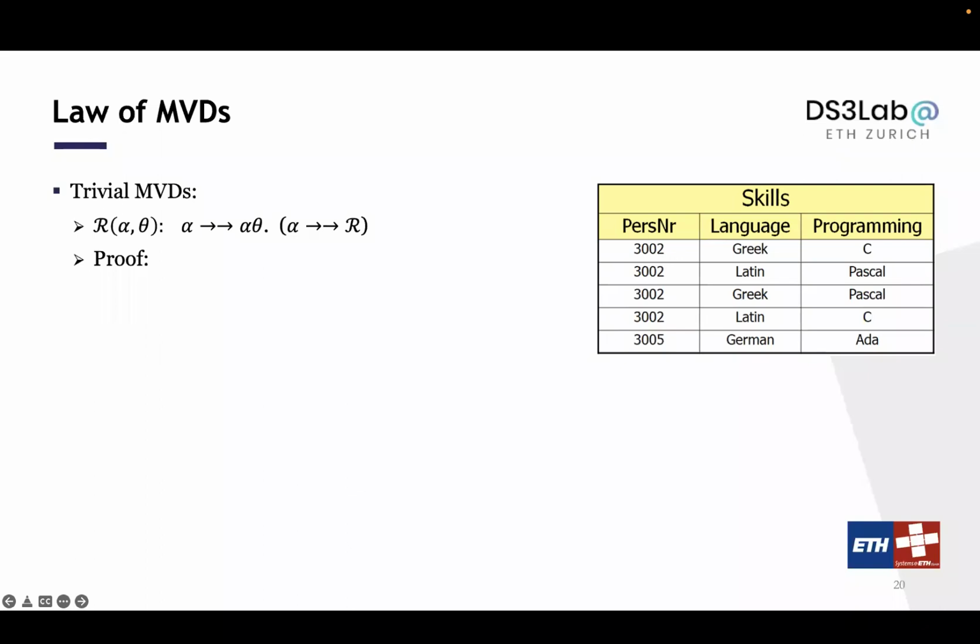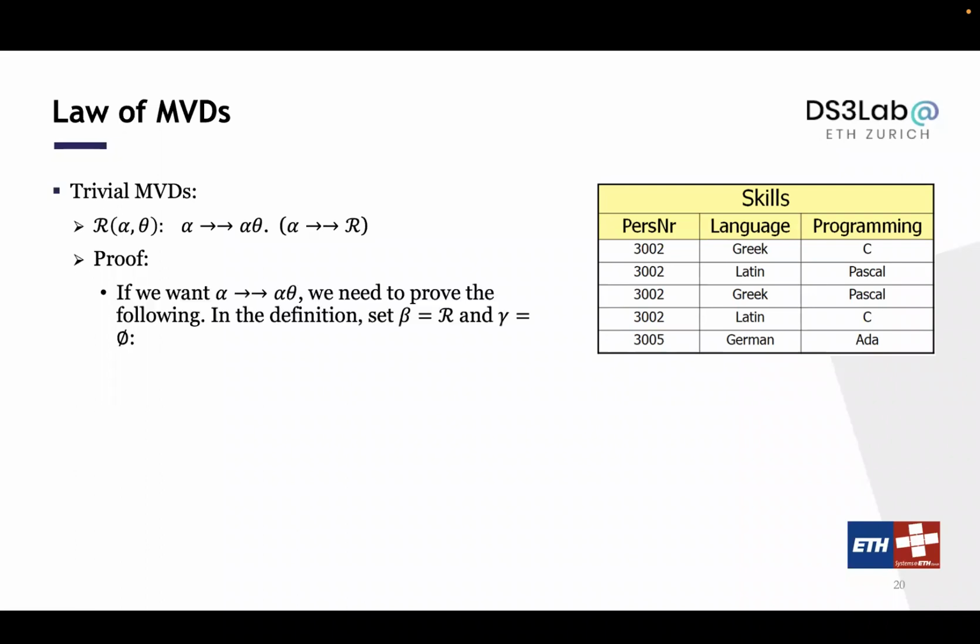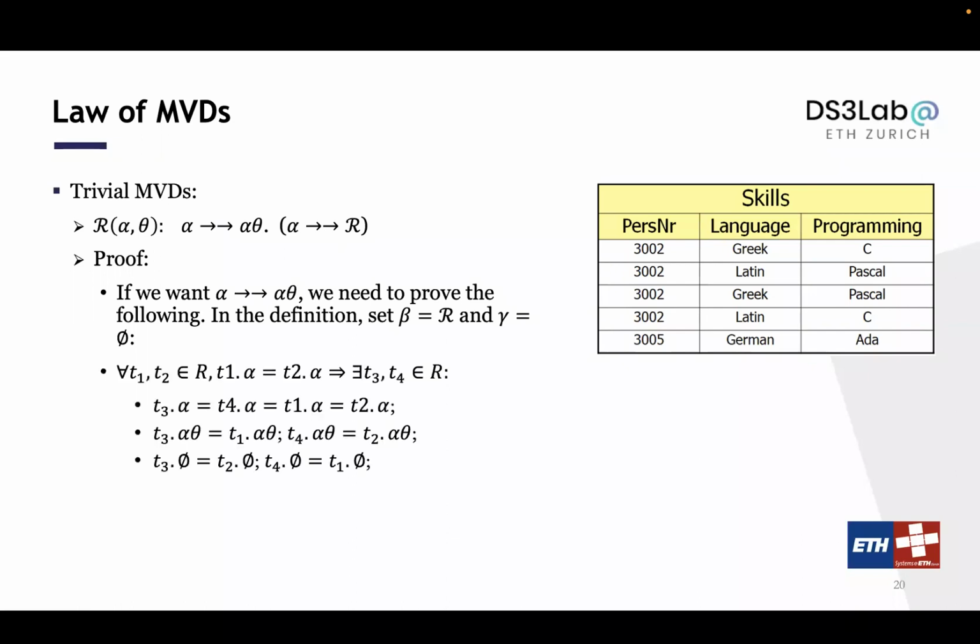Similar to functional dependency, a good way to prove it is to go back to the definition. What do we even mean by this? What do we mean by alpha having a multivalued dependency to alpha theta? Essentially, we want to prove the following: for all pairs of tuples T1 and T2, as long as they match on alpha, we can find T3 and T4,